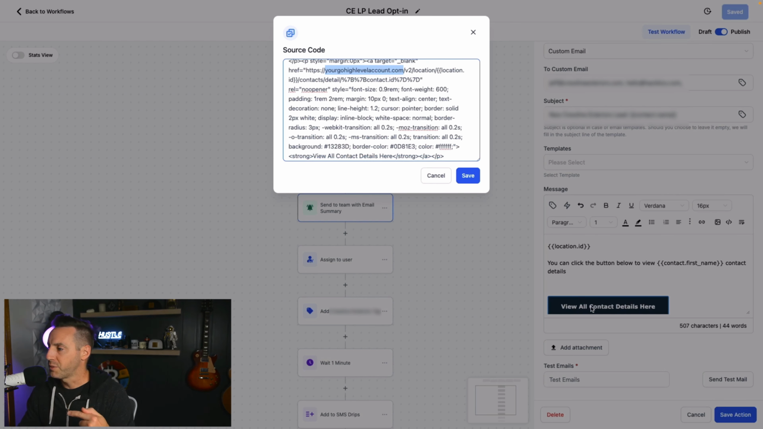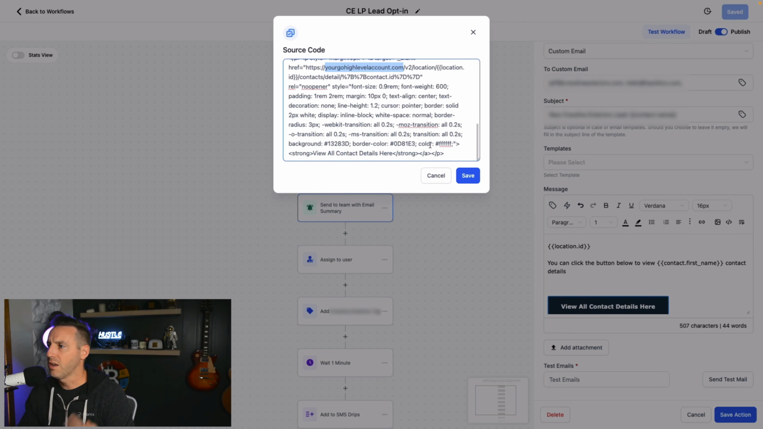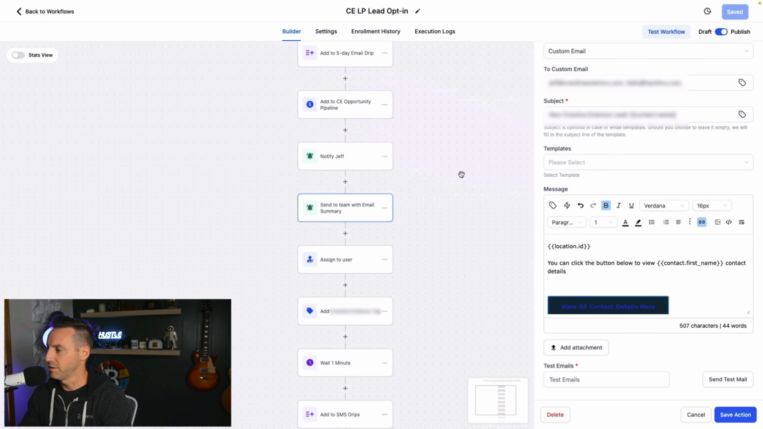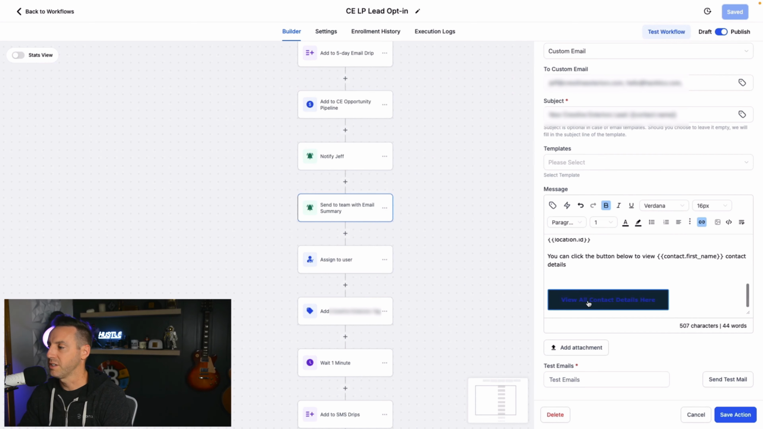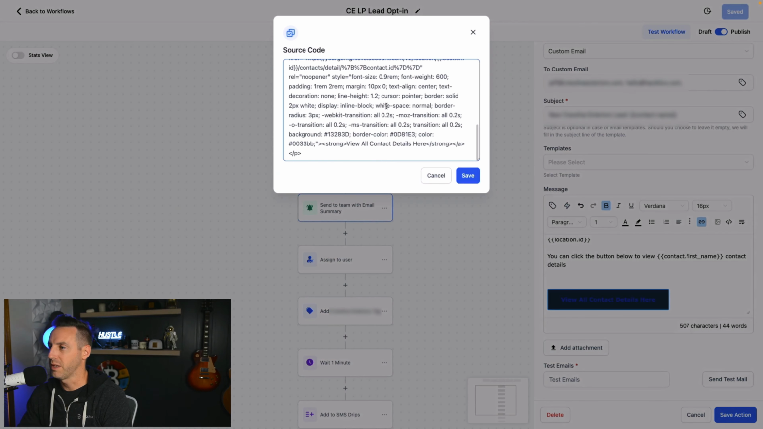But if you want to update the colors in here, then you can definitely do that. Let's go 0033BB. I don't even know if that's a color. Let's save. So yeah, I don't like that. That would be terrible. Updated the font. So there's three colors in here: the font, the background, and the border. So feel free to update those. What I'm going to do though is,